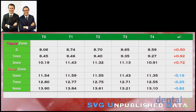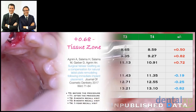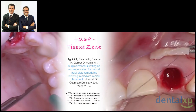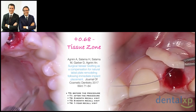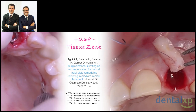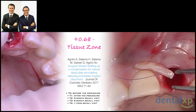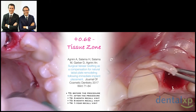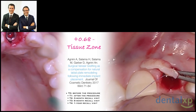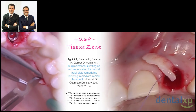And we tried to divide, like it was done in the dual zone article, into tissue zone and bone zone, and what we noticed, and we were positively surprised, is that in the tissue zone, which is exactly where the connective tissue graft is mainly placed, we had an augmentation, an improvement of the volume of 0.6 millimeter. Of course, we are still analyzing those data, we are still double checking those data with our digital tools, combining also the data that are coming from Team Atlanta,